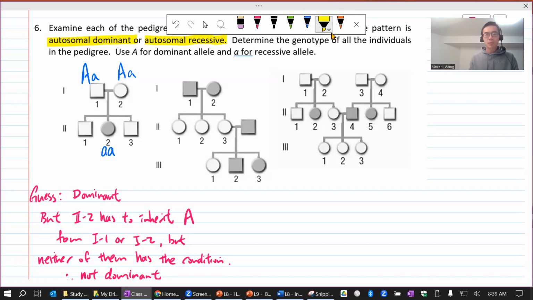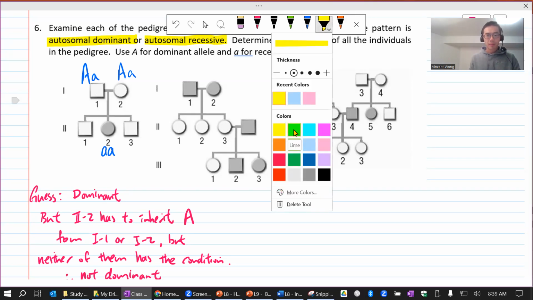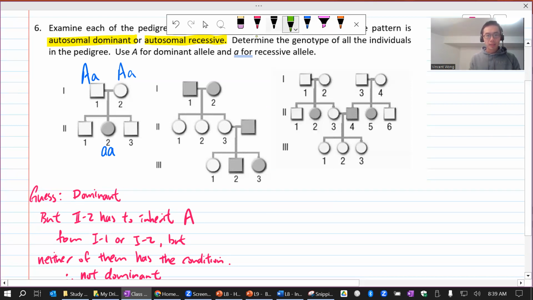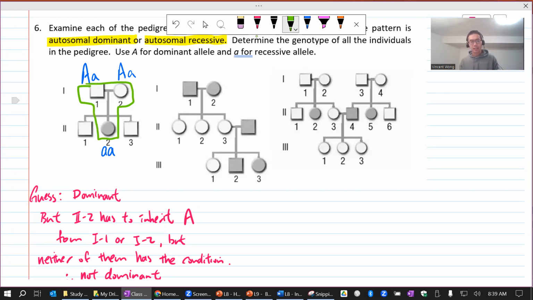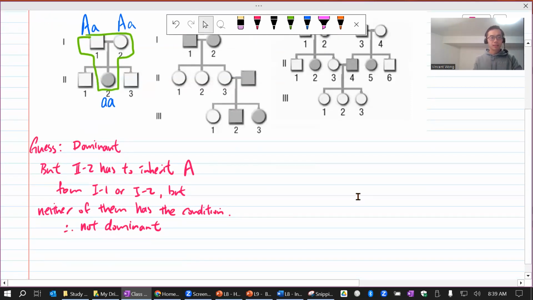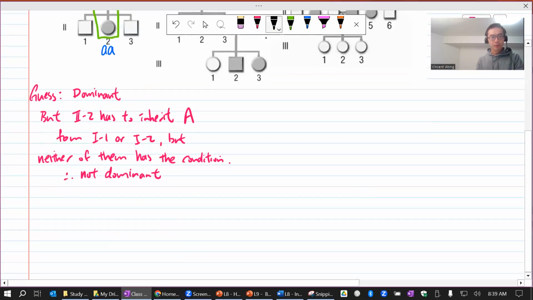So here's the key thing to remember. Okay, you're looking for this kind of pattern. You're looking for a situation where the parents don't have it, but one of the children does, then it has to be a recessive trait. Yeah, I'll write it down for you. Parents, and whether it's a son or daughter doesn't matter. Right? The key is